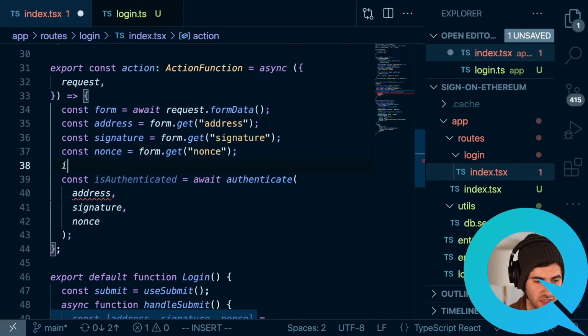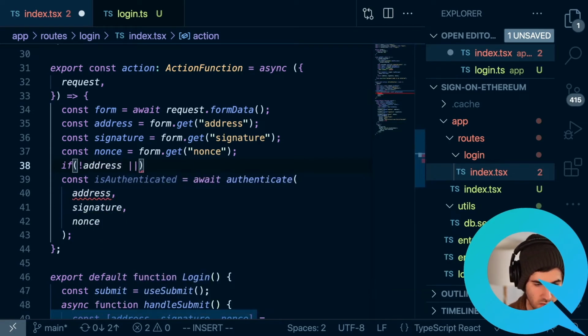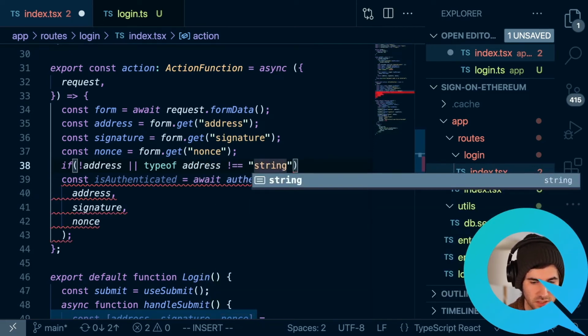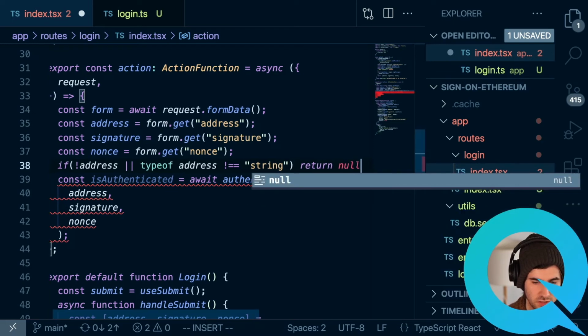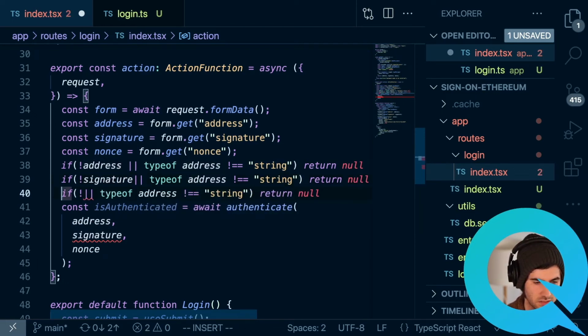To check these, we're going to say if there's no address, or if the type of address does not equal a string, then we will return null. And we'll do the exact same thing for the signature and for the nonce.